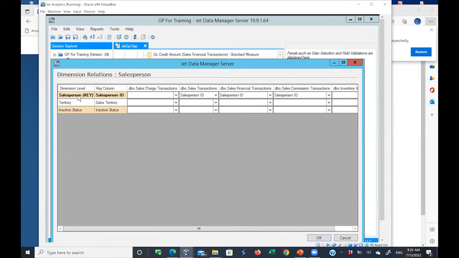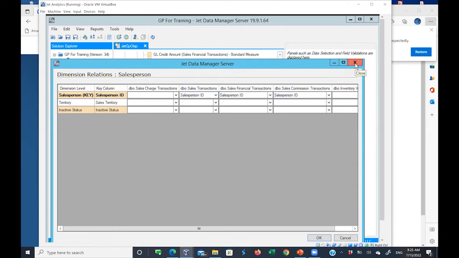I can, however, conduct analysis of measures on the sales transactions table, the sales financial transactions table, and the sales commission transactions table by using the salesperson dimension table, because there's a relationship that has been set up between the three,